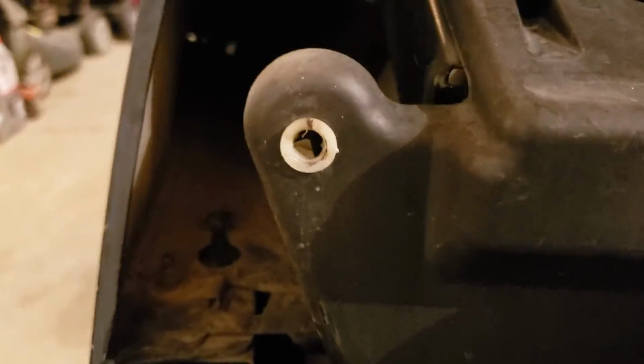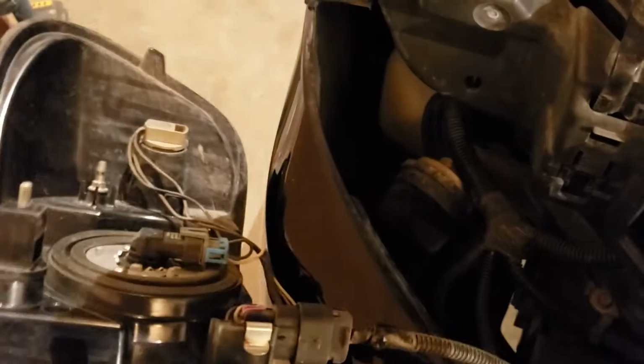But when installing it, I forgot to mention this on the other side, there are little guide pins. You see this hole here? That lines up with this little prong right there. So after you connect your wiring harness, you will line it up with the prong. Hold on, when I connect the wiring harness. Alright, so now that I connected the wiring harness, it's ready to go back into place. All you have to do is line up, you can't even see it, that little prong with that hole,